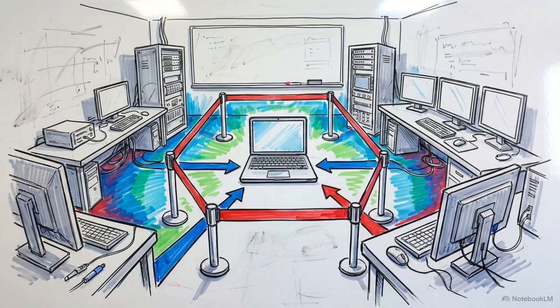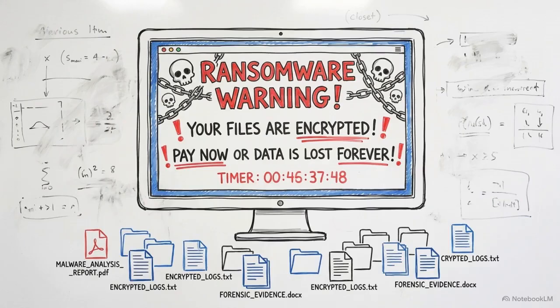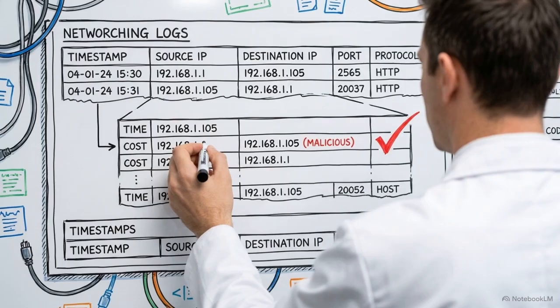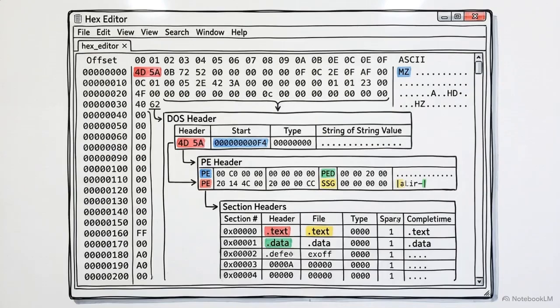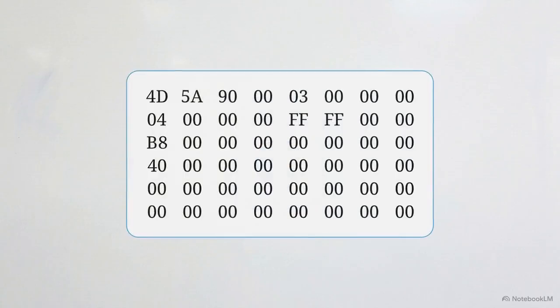Establishing this architectural isolation is the absolute prerequisite for the entire pipeline. It allows us to watch a catastrophic infection unfold in real time, capturing every behavioral indicator without risking an actual system compromise. With the environment secured, we begin with static analysis, inspecting the binary's internal structure and metadata without allowing